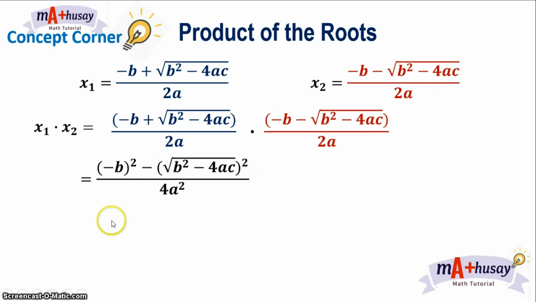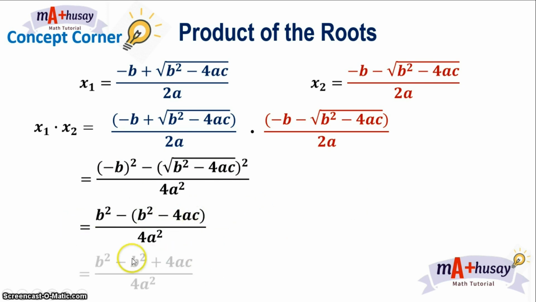Now, the square of the square root of b squared minus 4ac is still b squared minus 4ac. So, we simplify again the numerator, you will have b squared